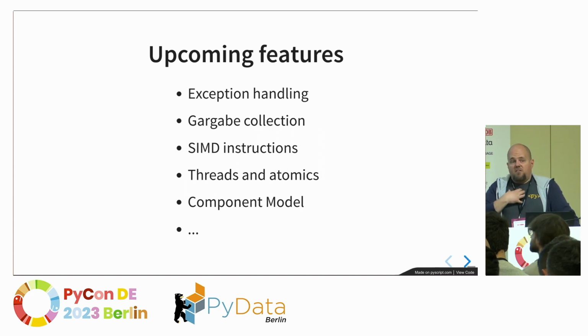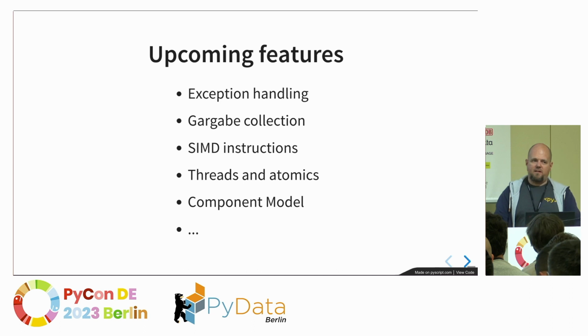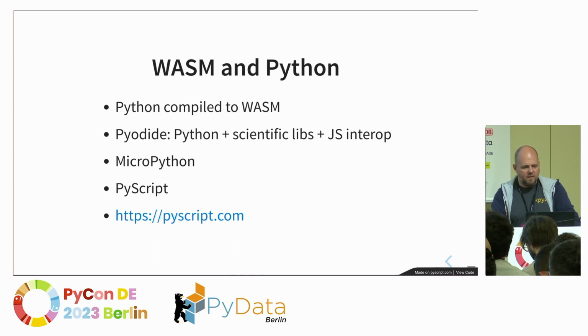And I think, this is my personal opinion, that what will happen is that WebAssembly will become a standard virtual machine for multi-language interoperation. So imagine that you can throw an exception from C++ and catch it from Python or from Rust or other things. These things are currently not possible, but if everybody speaks the same low-level language, which is WebAssembly, they should become possible. So I think that this is what will happen in the next years, but we are not there yet.